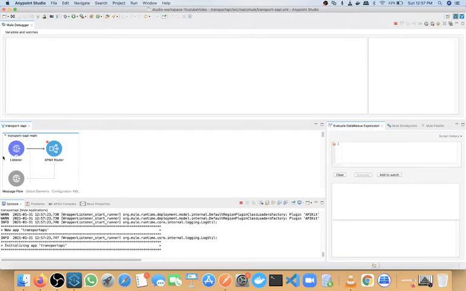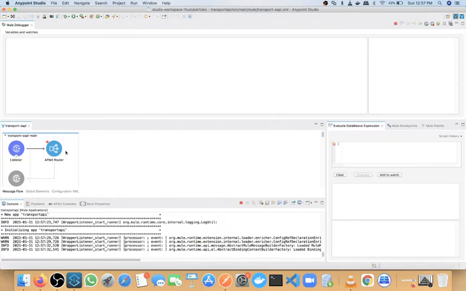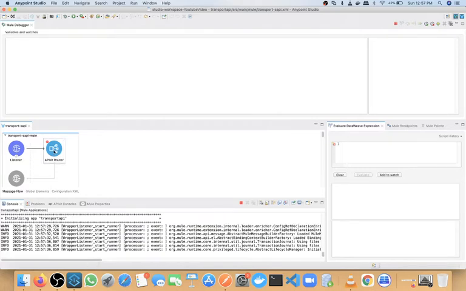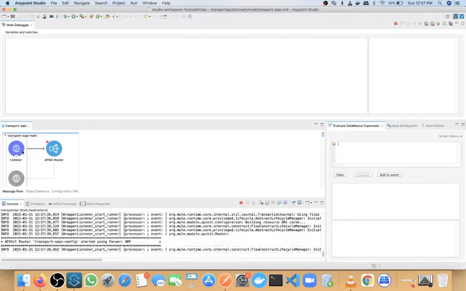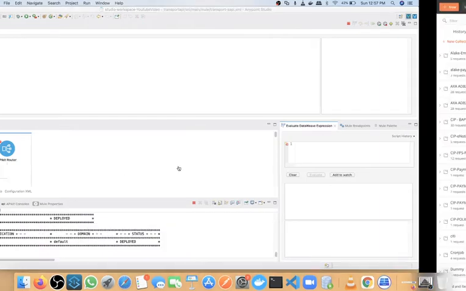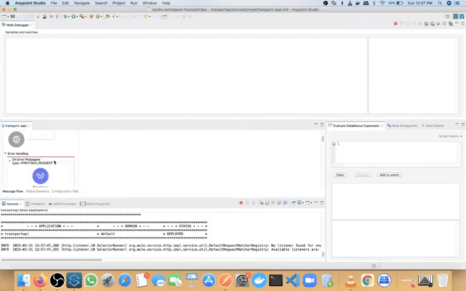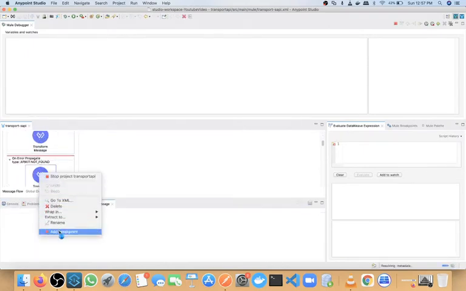Ideally what should happen, when I'm calling this API, it should come here and processing should stop here, and at the source point we can't add a breakpoint. Okay, still it's going. Let me try to add a breakpoint here.